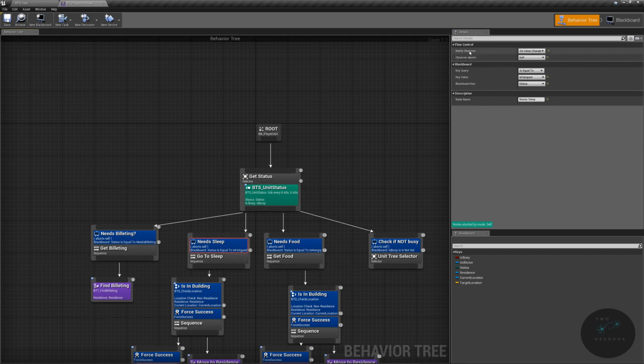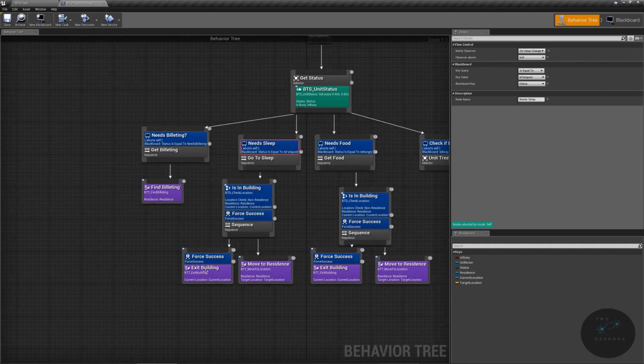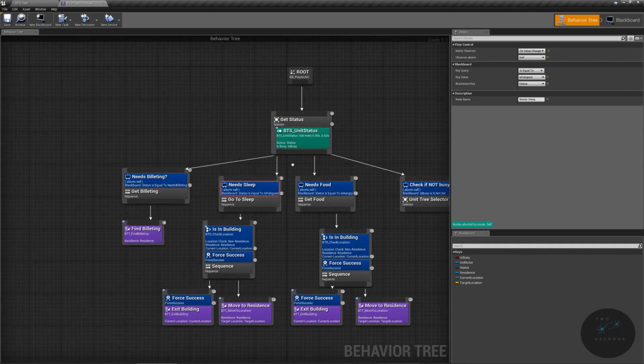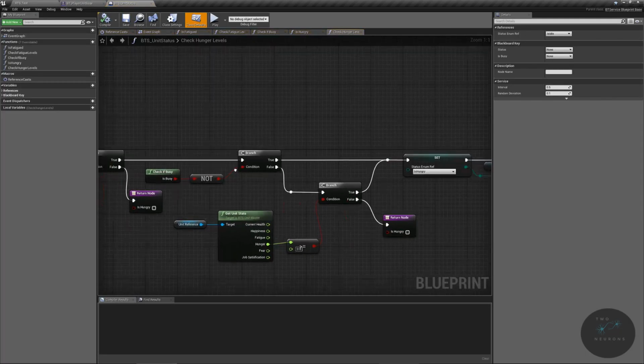So we have this notify observer on value change, which means that when this value changes, so when our status changes, all of these get a notification and go, oh, wait, hey, let's see if this is the one we're looking for. Is this equal to fatigue? Well, this equal to fatigue is getting notified multiple times, so it's running through this exit building and this move to residence. And what's causing that